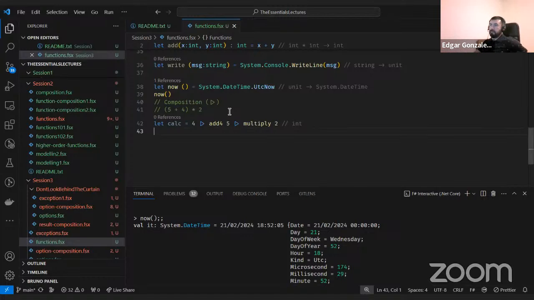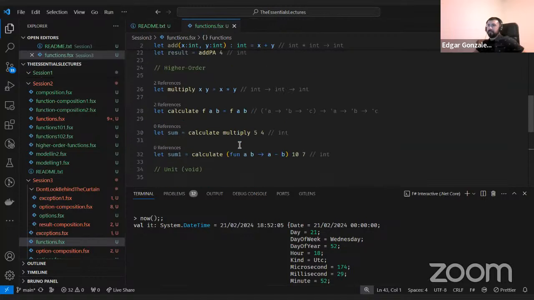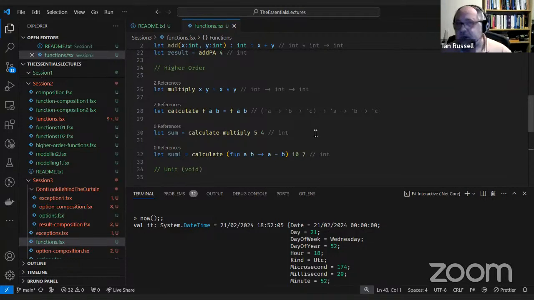We have one quick question before you continue. It's in the chat. How was the compiler able to infer that f is a function in the function calculate? Line 28, I think. Well, it's able to work it out because of how it's used on the right-hand side.